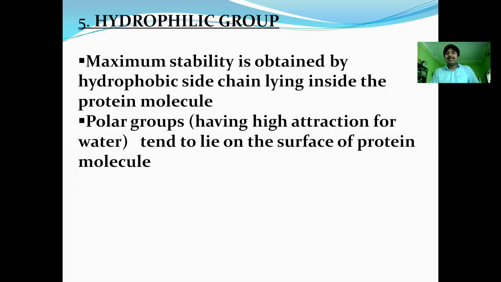So in this lecture, we have talked about the bondings responsible for the secondary structure of protein. So in the next